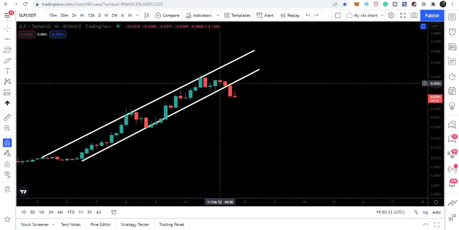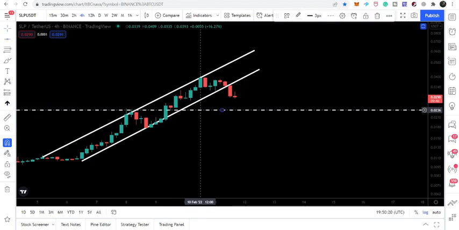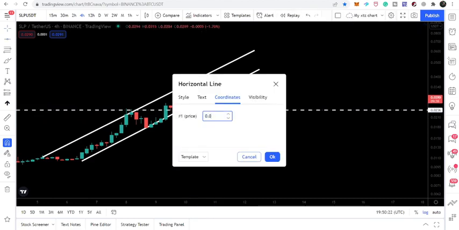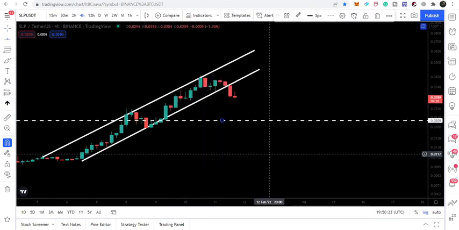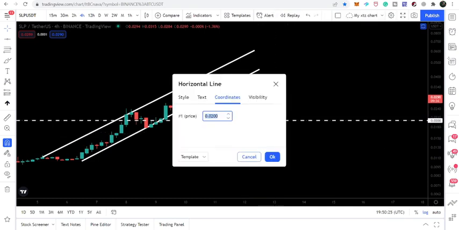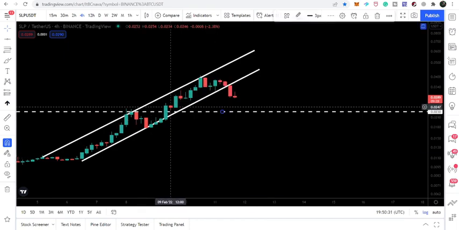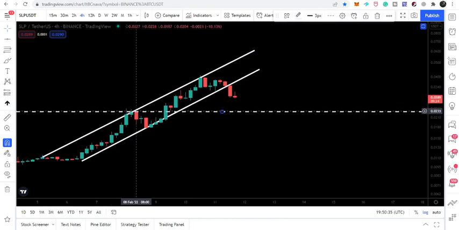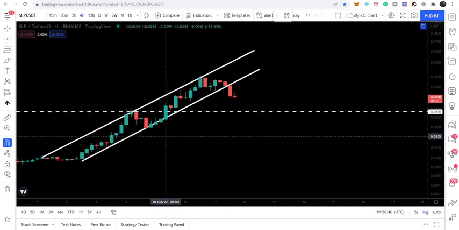Now guys, the upcoming supports are really very important. We need to keep an eye on those supports. The first upcoming support we have at 2 cents, that is really very important. Sorry, this is not 2 cents, this is at 2.3 cents. You can see here the price line found this support, and previously it was broken as a resistance. Then we will have the next support here at